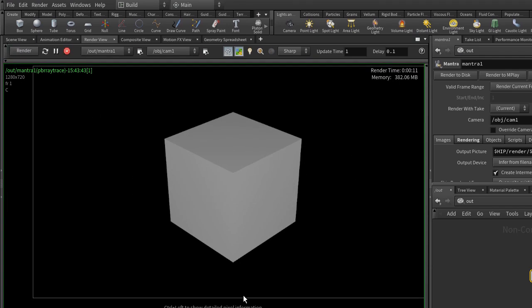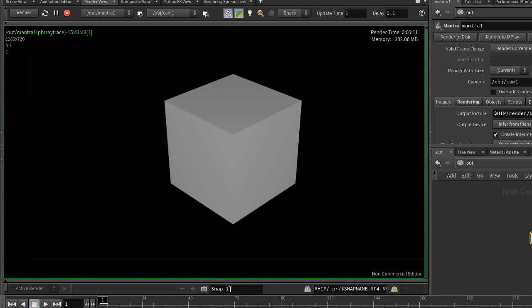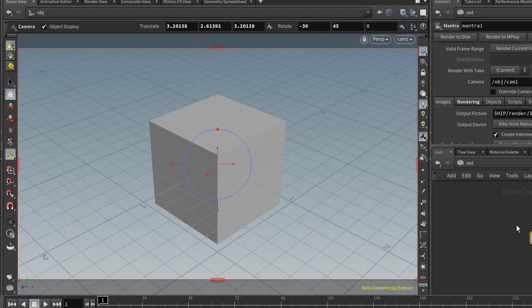The point simply is that we can now snap this, so you can give it a name here in this box, and you can click this button to create a snap. So it says add image to history. So I'll left click on that, and now we have this image in here. Okay. So what this means is if I now change settings on this, or I go into my scene,